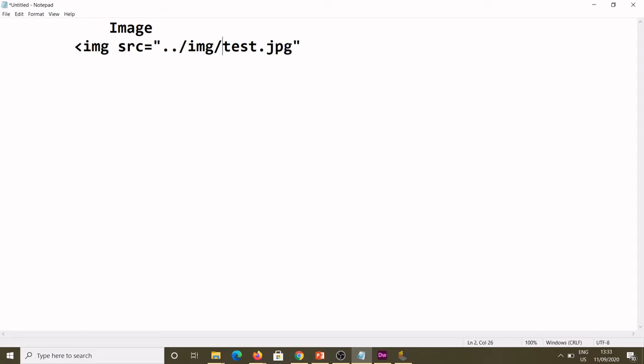Suppose you have an image in an external resource, meaning any other website. In that case, you put http:// and the complete URL of wherever the image resource is, under the src. So the src attribute is important and mandatory.